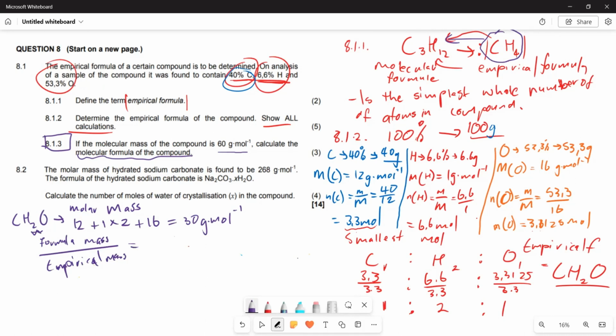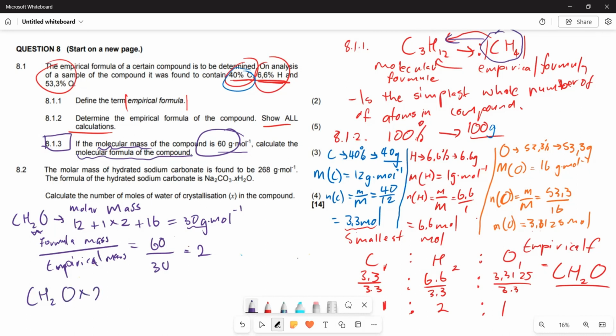You are given that the molecular formula mass is 60, which means this is going to be 60 grams per mole divided by 30. And when you are dividing both of these, what is the ratio that you are finding? The ratio that you're going to find is going to be 2, which means from here, you are going to say this